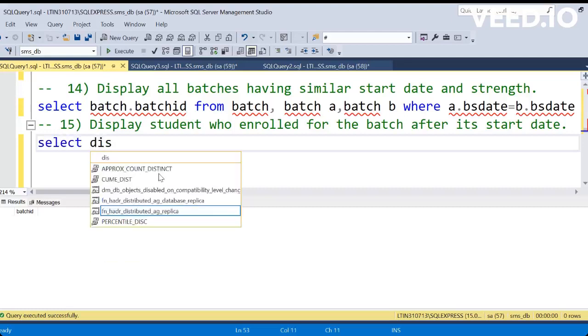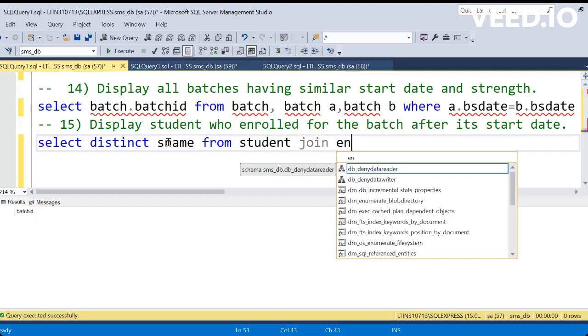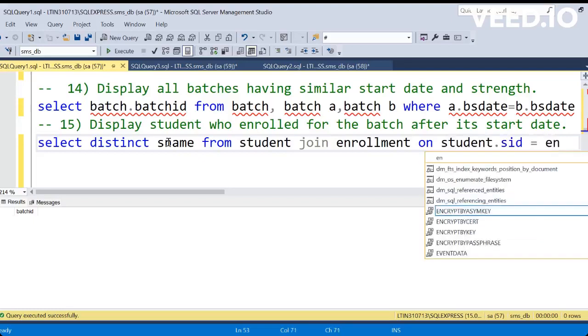So select. We don't need the same name two times, so we can use the distinct keyword. Name of the student from the student table. We have to combine the student data along with the enrollment data, right? The joining date and everything will be in the enrollment table. So we have to join these two tables for that purpose. Joining enrollment on what condition? Student id same as in the enrollment table,